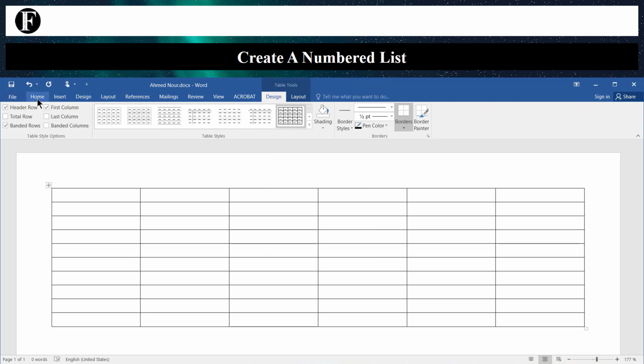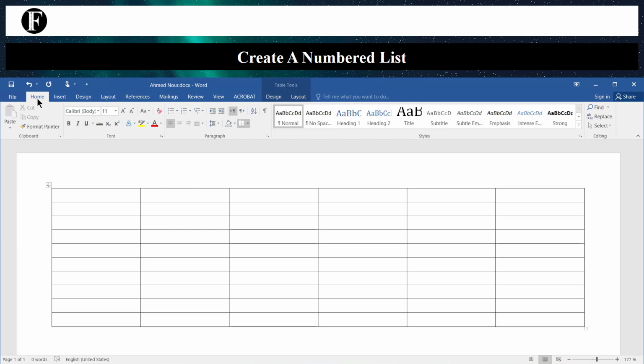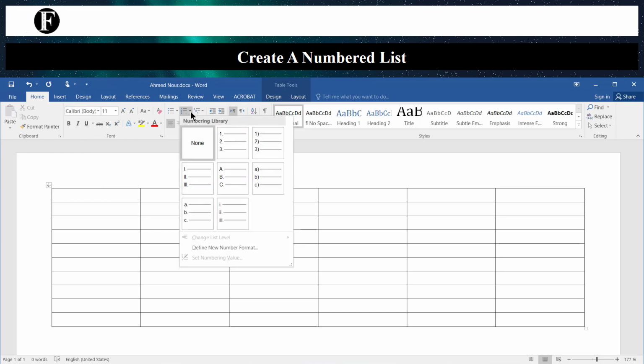Now after the workspace became ready, we will choose some examples of numbering lists. Follow the steps with me.